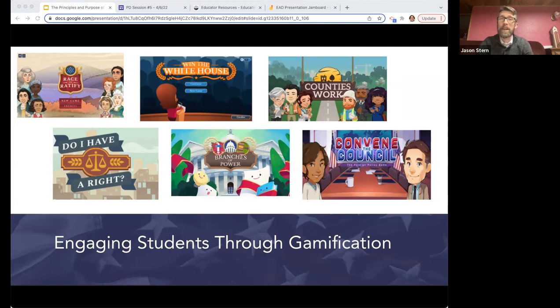If you're teaching the three branches of government, branches of power, it works great. It really shows how the legislative, executive, and judicial branches interact. And right now, we just finished up a unit on foreign policy of the first five presidents. And I used Convene the Council to teach how the government goes, how the government, I'm just reading a comment there,